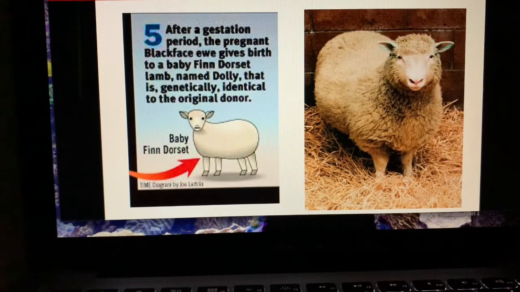Now, Dolly ended up dying fairly young. She developed arthritis and a couple of other diseases as a result, and possibly of using cloning or DNA from a body cell that might have aged more quickly. They're not really sure. But it's important to know that this wasn't just one trial. This was many years of research and thousands of trials that did not work. And this was the first time it happened. And it's a pretty amazing feat.